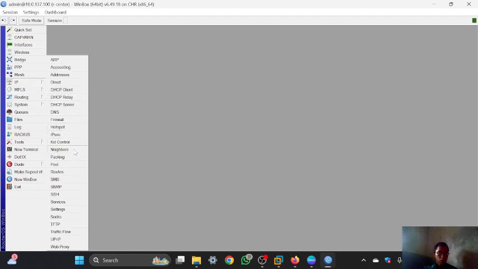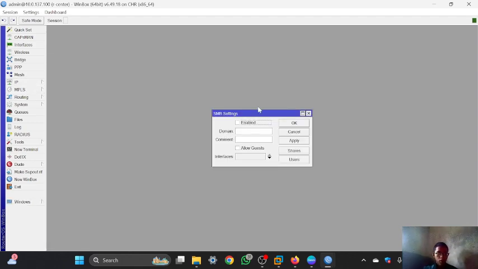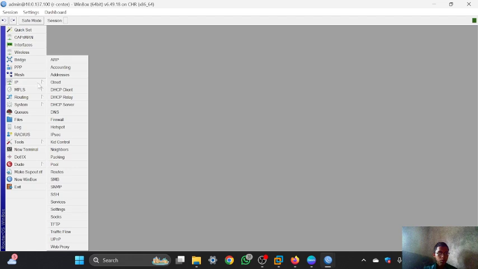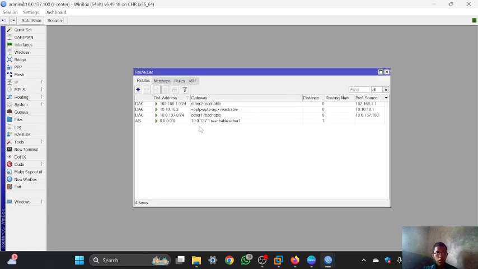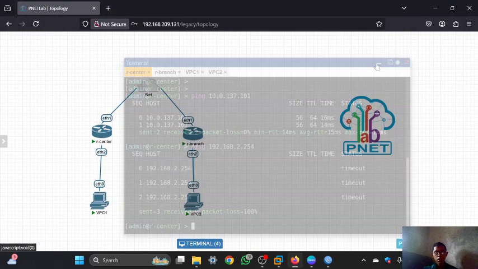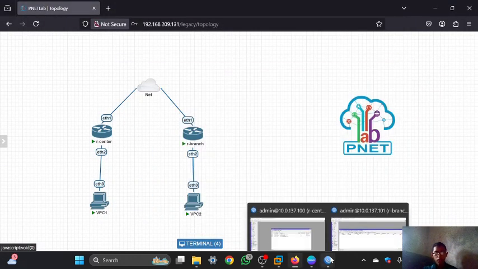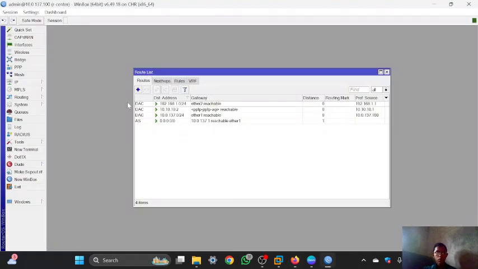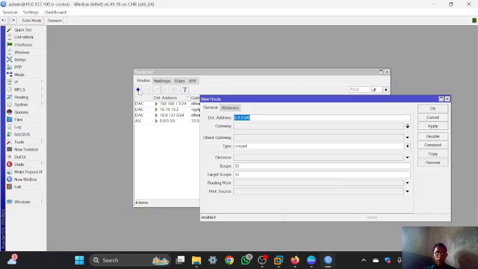You can go to IP and then routes. As you can see, there is no information that connects to the client of VPC2 in here. So to configure it, you must add a static route. You can click add, and the destination address is the IP network of client 2, VPC2, which is this IP.